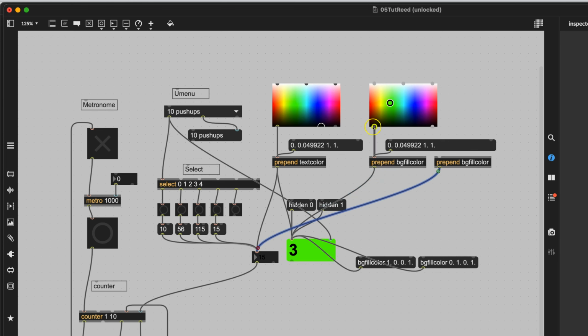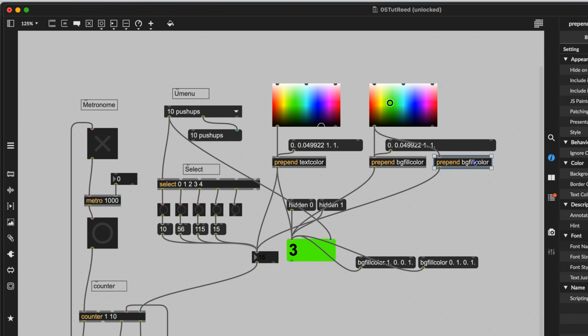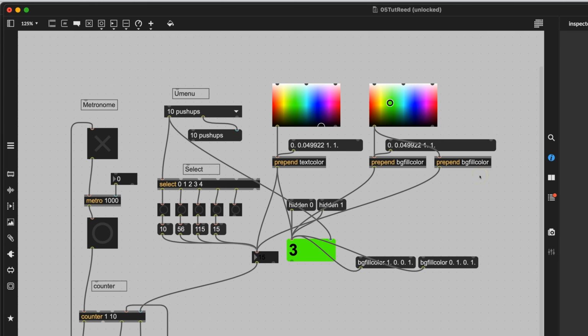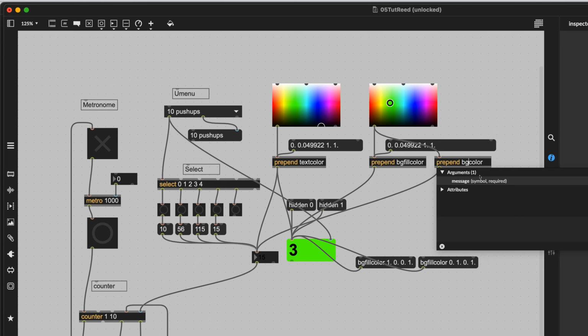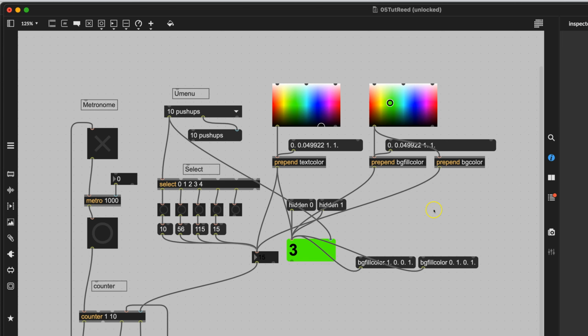I'm going to connect the swatch to this prepend. And now I'm just going to remove that fill so that I get the right message. Okay, is this all making sense now? This number is going to come out here. It's going to get prepended BG fill color, and that's going to go down to a message. It's also going to come over here and get prepended BG color, and it's going to go over to this number. Okay, let's lock up the patchers and see if we have